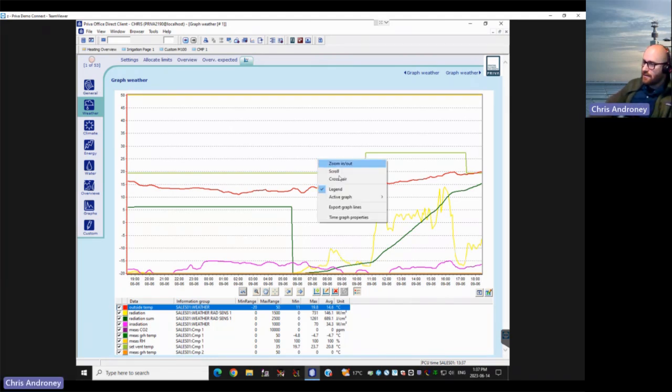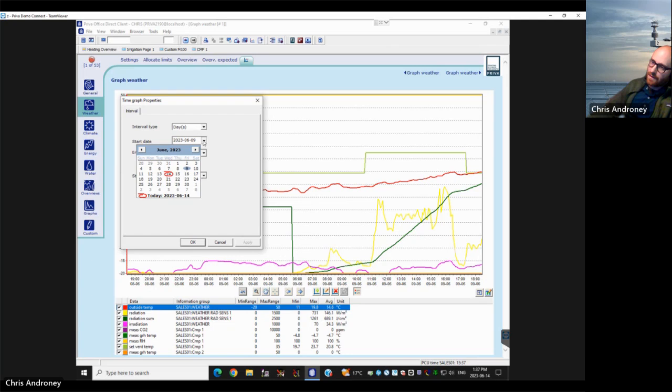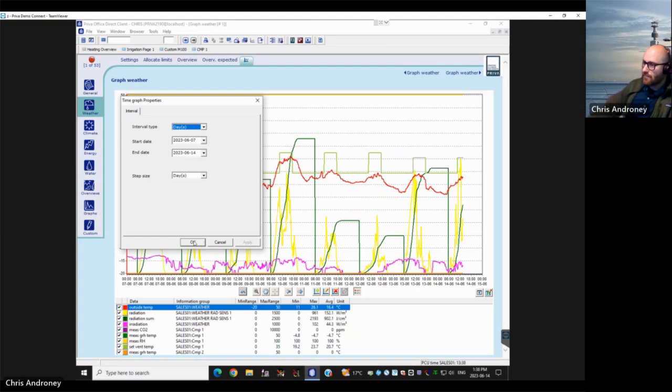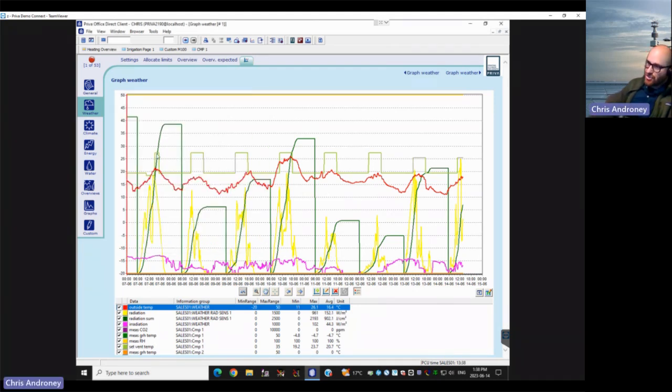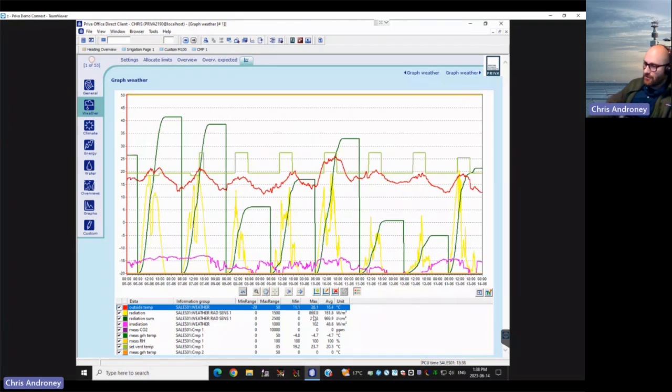So if I decide that I wanted to look at the last week of data, I can right-click again and say time graph properties. If I wanted to look back to past Wednesday the 7th, and I want my end date to be today, so I have last 7 days, I click apply, then okay. What it's going to show me is a min, max, and average for the last 7 days. If I move the graph, you'll notice that this information is changing